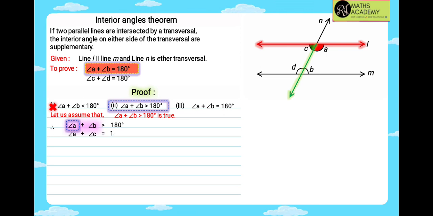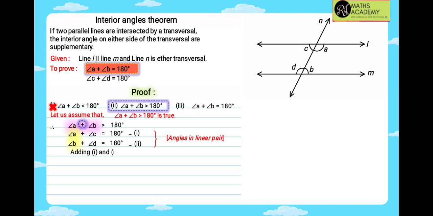180 degree. Correct? Now similarly, if I go to B, that is angle B, it is forming on line M because of the transversal. So on this, again two angles are forming, that is angle B and angle D. Again it is a linear pair, so it is 180 degree. So from 1 and 2, can we say that